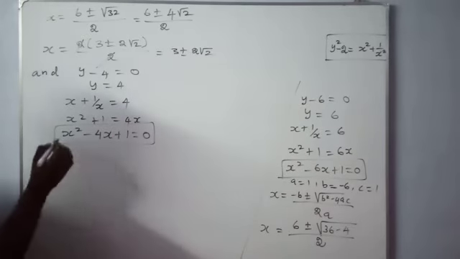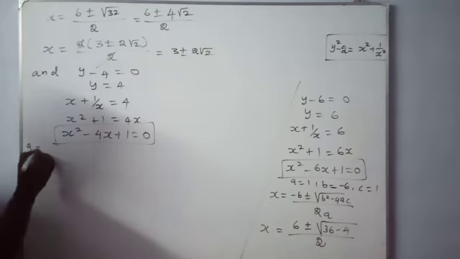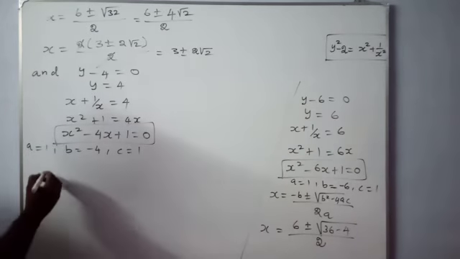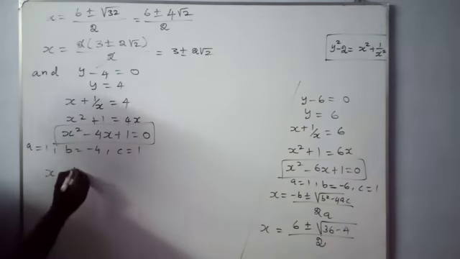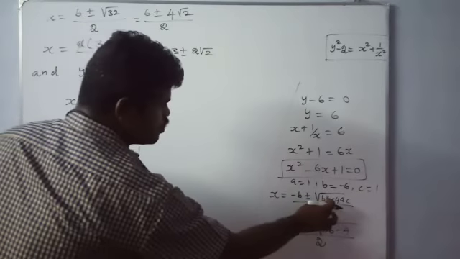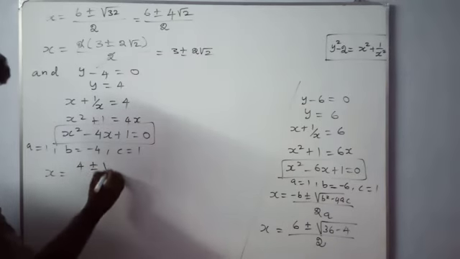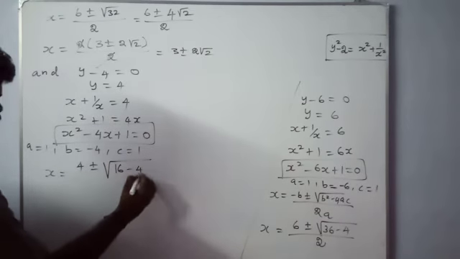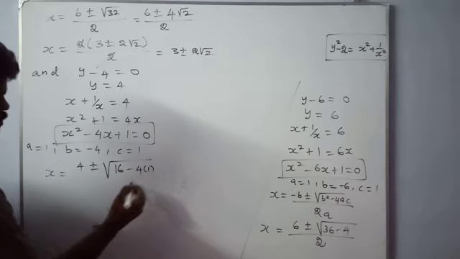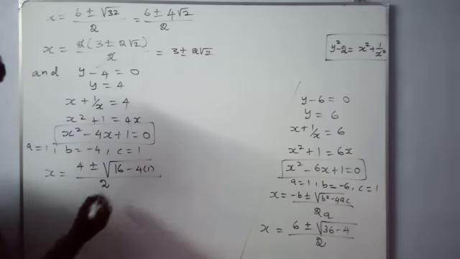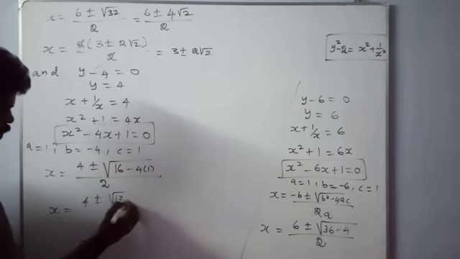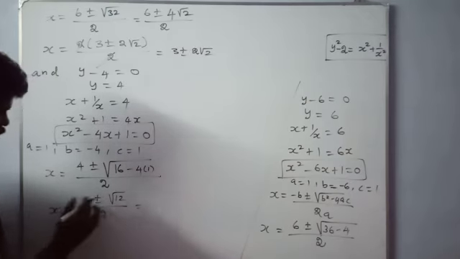This is also a quadratic equation. Here a value is 1, b value is minus 4, c value is 1. And again we have to use the formula method. x is equal to minus b plus or minus root of b square minus 4ac by 2a. Minus b means plus 4, plus or minus root of b square minus 4ac. What? b square means 16 minus 4 into a into c, so 1, divided by 2a, 2. Now x is equal to 4 plus or minus root of 16 minus 4, root 12, divided by 2.